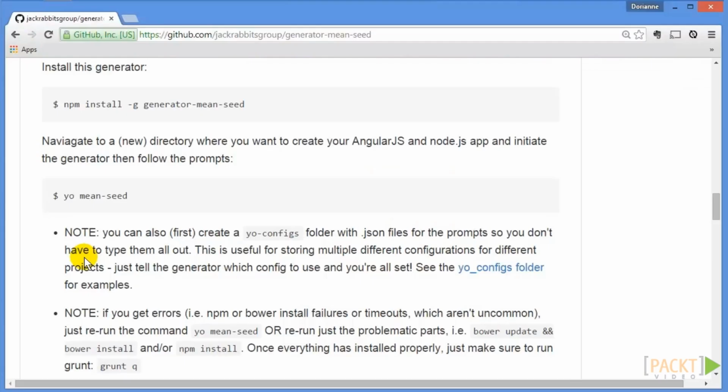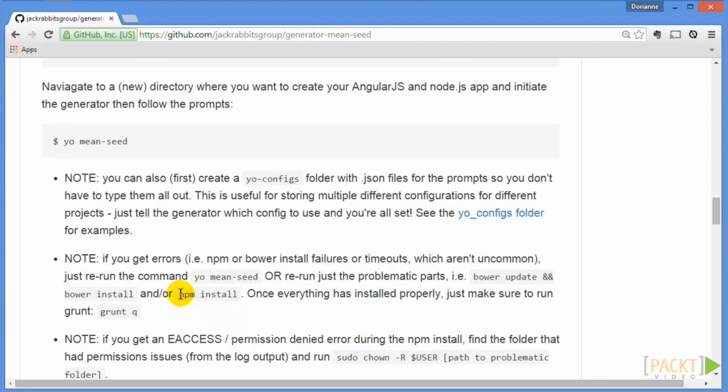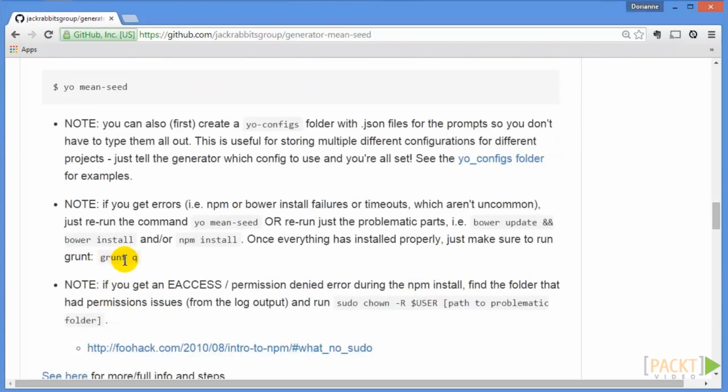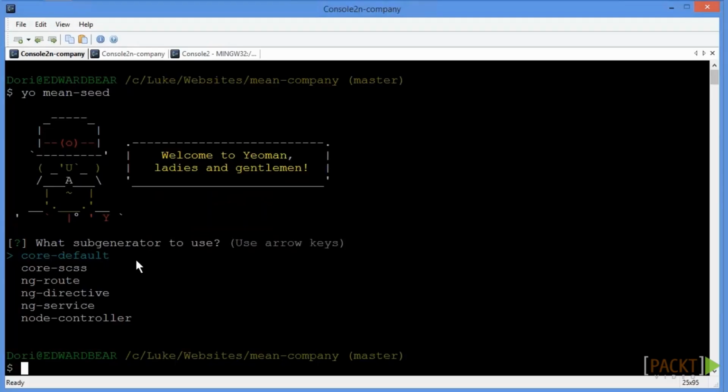After we did that, we then ran local installs, npm install and bower install, every time we needed to, and ran Grunt to build our different assets so we could run our site. Once we had run Grunt,